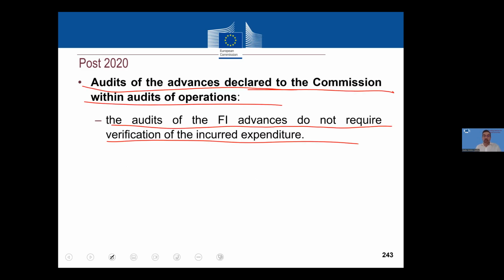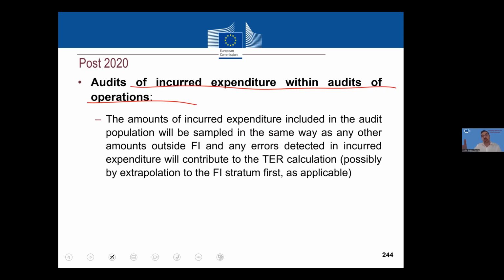In what regards the audits of the incurred expenditure, because we have these two things, the advances and the incurred expenditure, the amounts of incurred expenditure included in the audit population will be sampled in the same way as any other amounts outside the financial instruments. And if you find any errors in the incurred expenditure, they will contribute to the calculation of the total error rate, okay? They will be extrapolated to the population, and if you do have a stratification, of course, in that case, the errors in this incurred expenditure will be projected to this specific stratum instead of being projected to